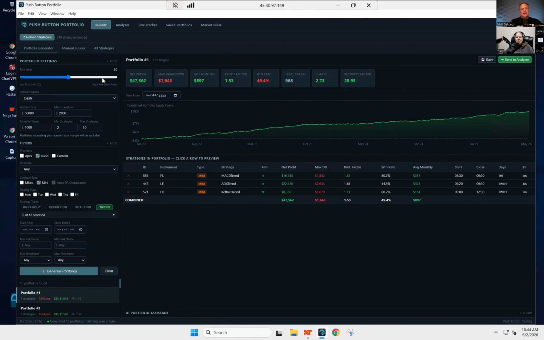Great. Okay, so one thing we did not touch on yesterday with the portfolio generator is this risk slider. And this is a percentage. This is not a dollar amount. These are percentages. And offline, we were talking about the differences. And I'm going to do my best to explain. There's two variables, two opposing, opposite